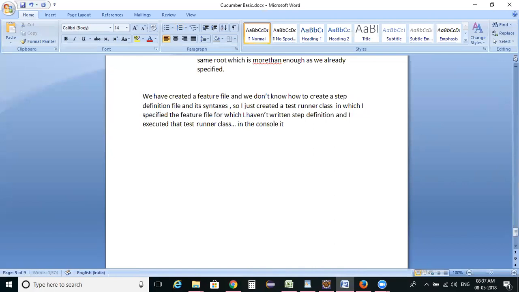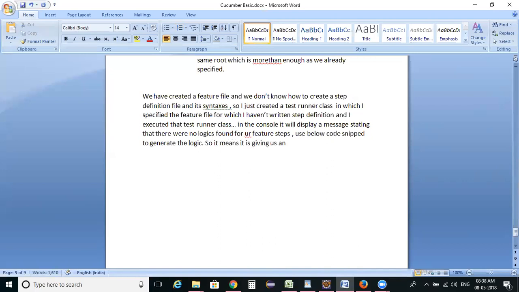In the console, it will display a message stating that there were no logics found for your feature step. Use the below code snippet to generate the logics. So it means it is giving us a syntax to write down the step definition logics. So this is the syntax it is displaying.